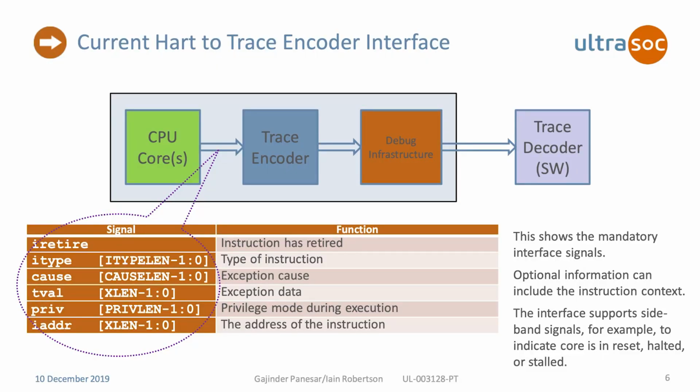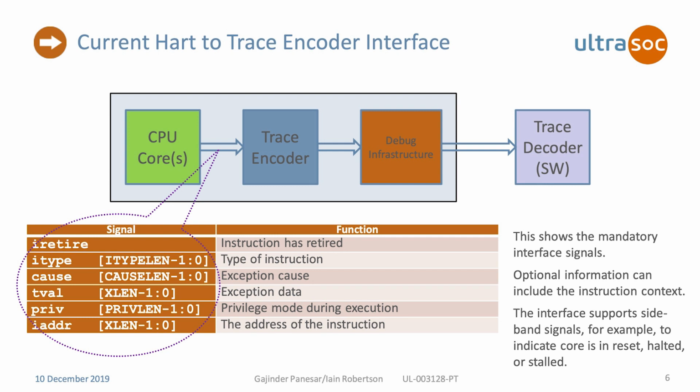Okay, so I just wanted to touch briefly on the relationship between a CPU core and a trace encoder. On this slide, you can see the mandatory signals in the interface between the two. There are some additional optional signals as well, but these are the mandatory ones. And for cycle accurate trace, you don't need any extra information, although for